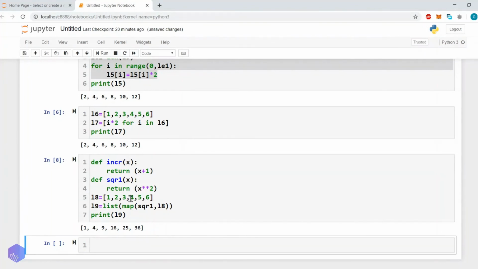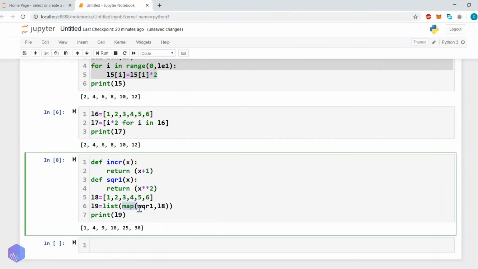So there is another function called map. So using map, if you want to manipulate the entire list, then using map you can